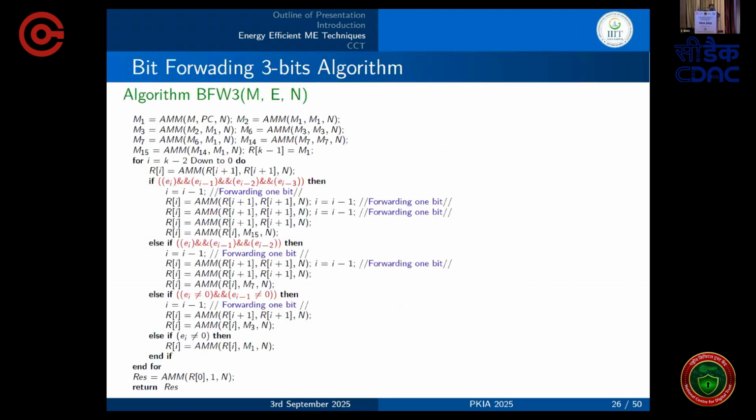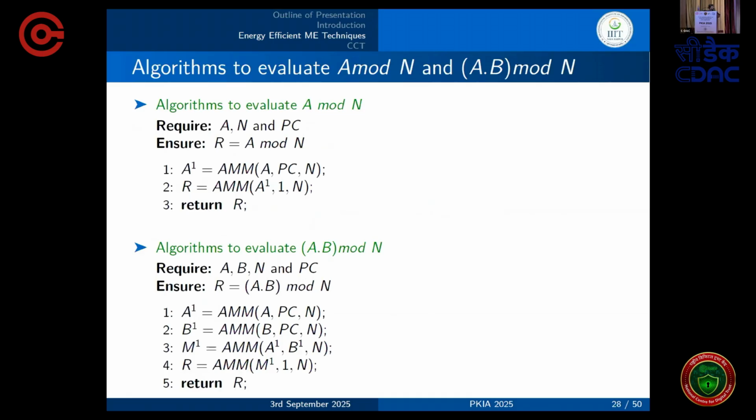Similarly, I'm not going to go into detail on the bit forwarding 3 algorithm, but we check up to k bits. Like if the key size is 1024 bit, then we have checked up to 64 bits. And for 512 bit, we have checked up to 32 bits. For the bit forwarding k algorithm, we are able to provide a more confusion mechanism as well as increase the throughput by reducing the multiplications. This is the corresponding architecture.